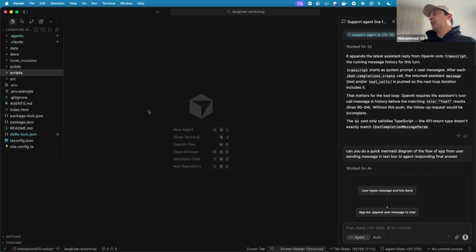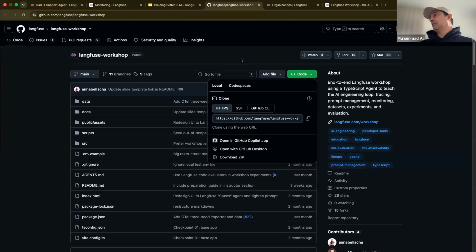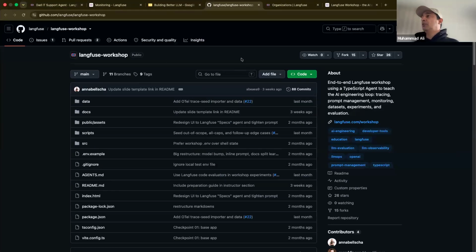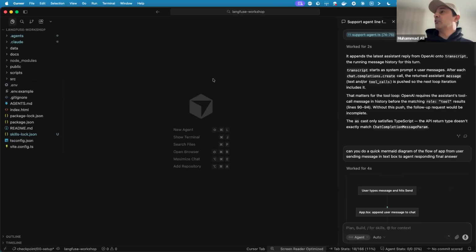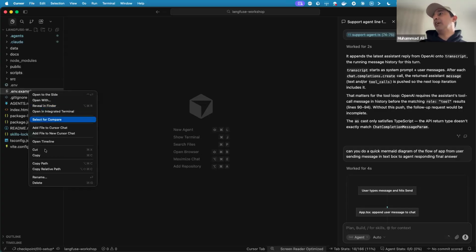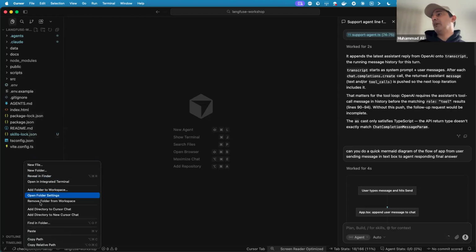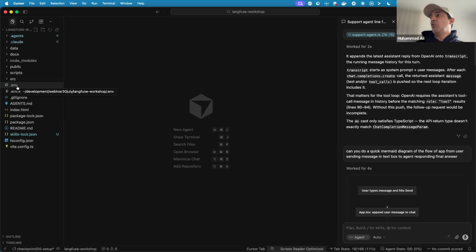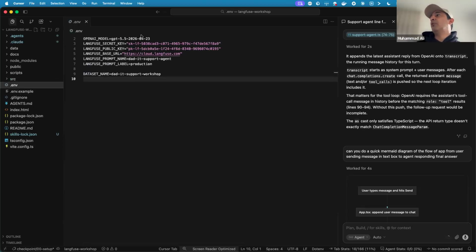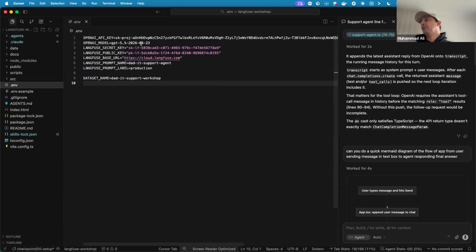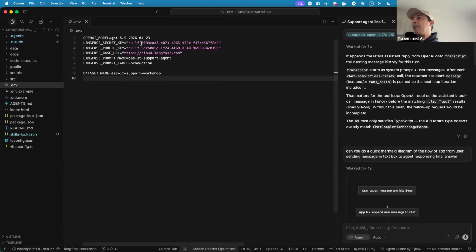That's the first thing: clone the repo, then open it in the IDE. Then you will have the env example file. Make a copy of that, copy and paste it in this folder and rename it to .env. That file is where we will put all our keys and information, and I'll show you that in a moment.